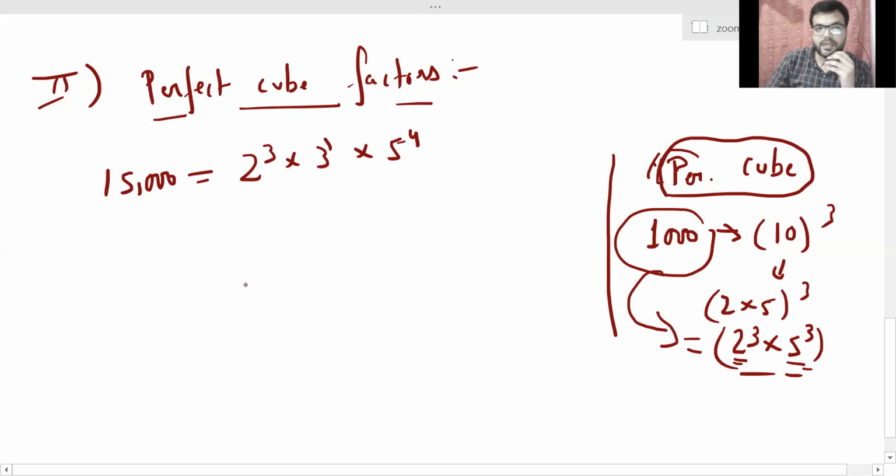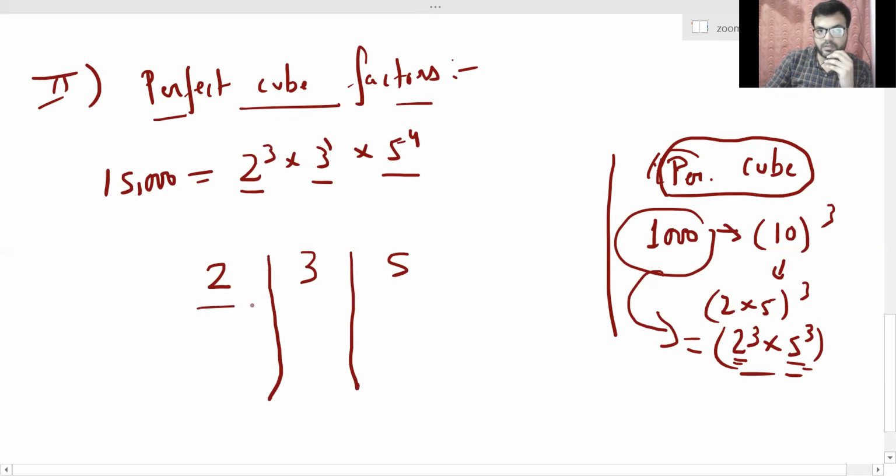Okay, so here again in this format we have got 3 prime numbers, so make 3 columns again, first for 2, second for 3, and third for 5, for these 3 prime numbers. So in the first column, we'll take all the possible perfect cube factors. So first will be 2 raised to the power 0. Why have we taken power 0? Because power 0 of any number is 1, and 1 is a perfect square number also, and it is also a perfect cube number. Okay, so 2 raised to the power 0, next 2 cube.